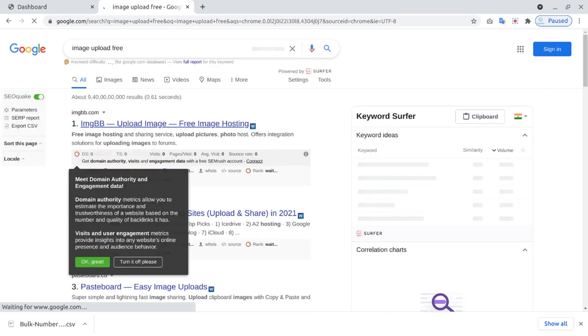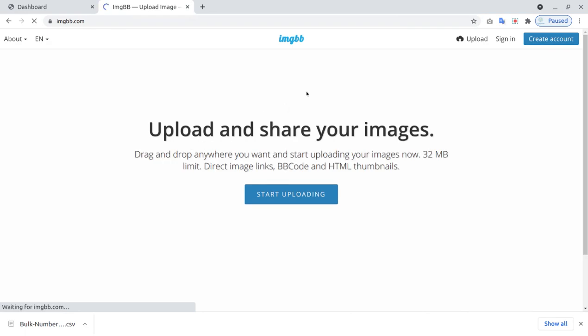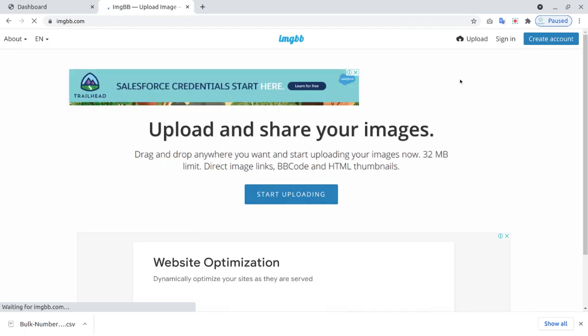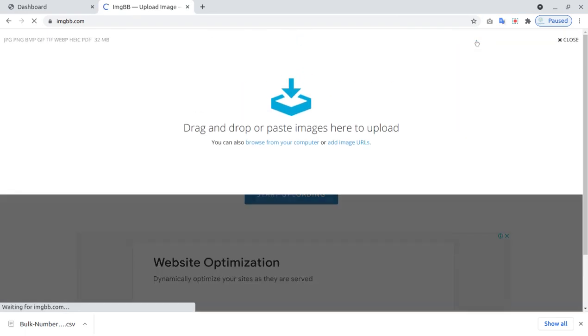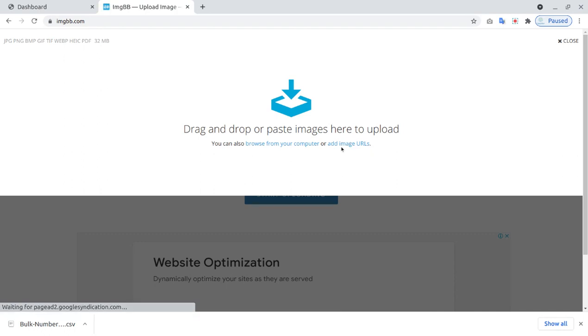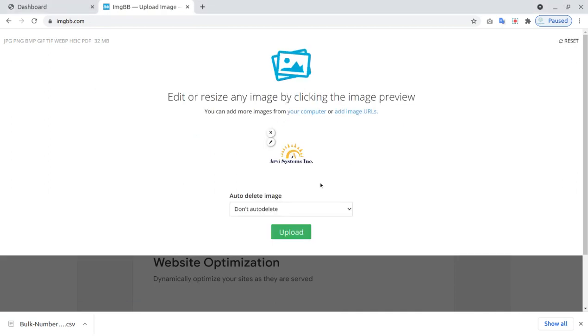Here there is one service where you can upload images for free. That is called imgbb.com. This is free image hosting. Here you can upload an image without sign up, just upload from your local desktop, or anything.